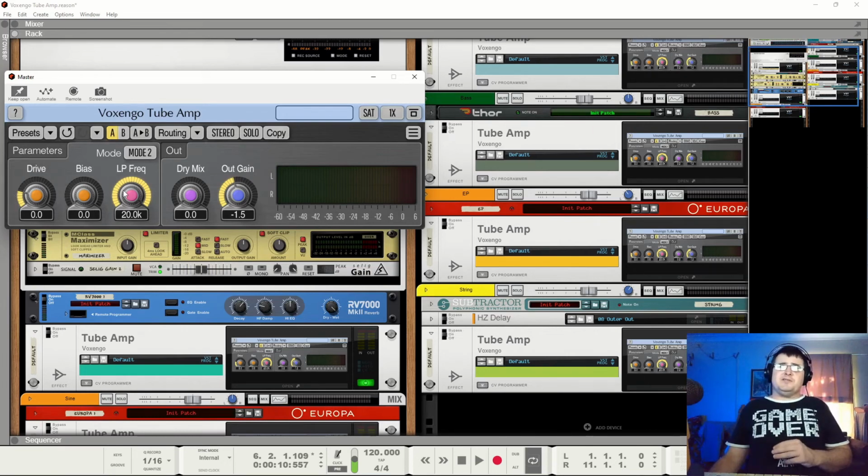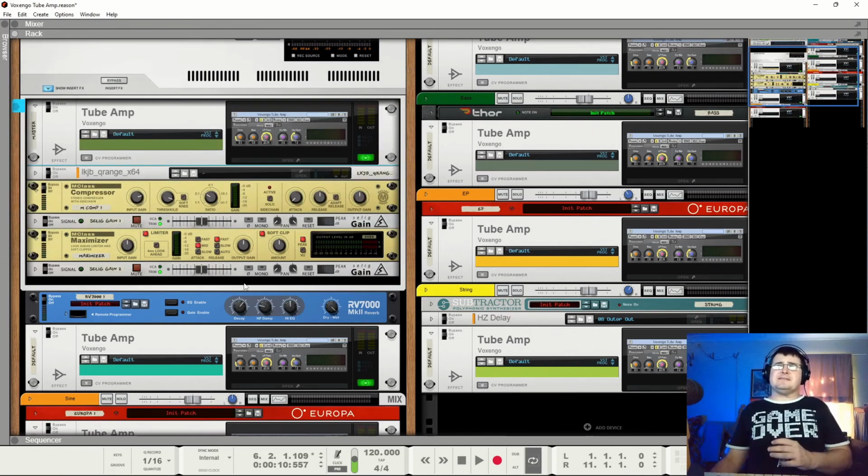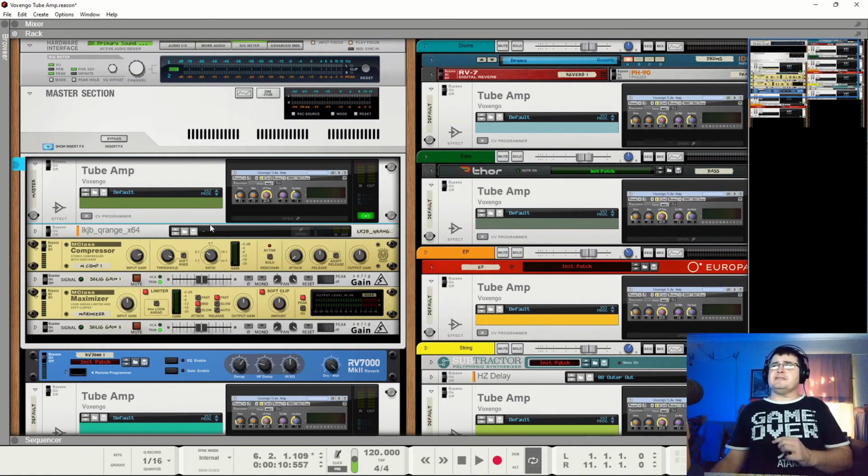Pop it in mode 2 with these default settings, and so long as your dynamics are good and your levels are good, like you're not running things as loud as they will go with your first sound, and then your second one as loud as it'll go, and then wondering why it's just nasty. Run reasonable levels, and I'm not saying run around and gain stage like an idiot. Notice I do none of that.